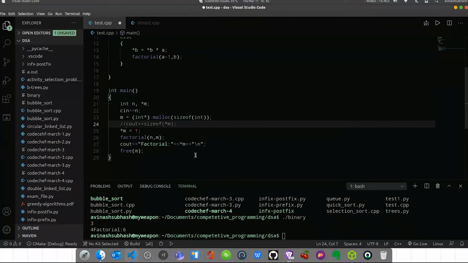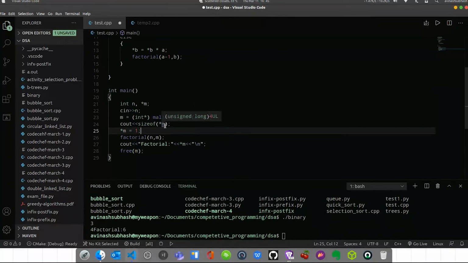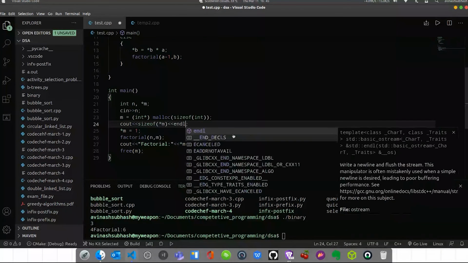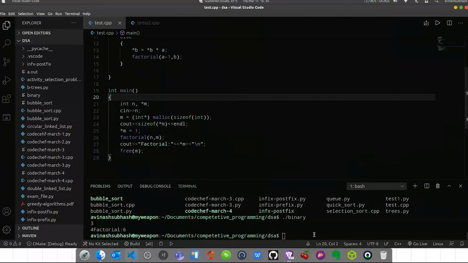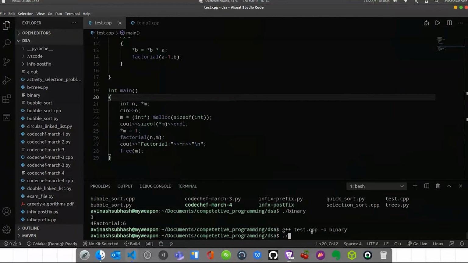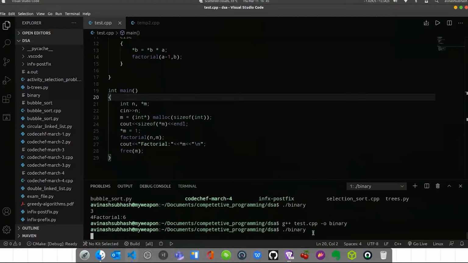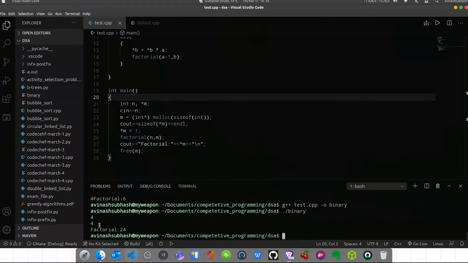So if I print this with cout and save it, and now run the code again, it's showing 4.